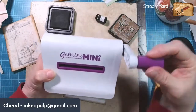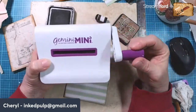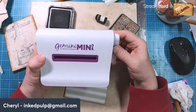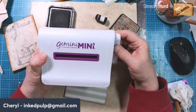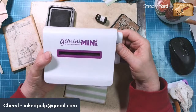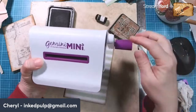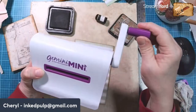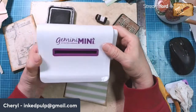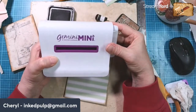But anyway, my big die cut machine, I had a Big Kick, Sizzix, or Big Shot, whatever it was. And it finally died. And that thing, the tag on it said it was manufactured in 2011. So it was old, and it just wouldn't roll anymore. It just stuck. The gears just stuck. And I took it apart thinking I could fix it, but no such luck. And I didn't want to buy